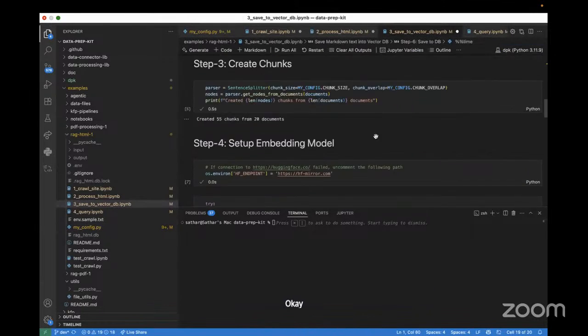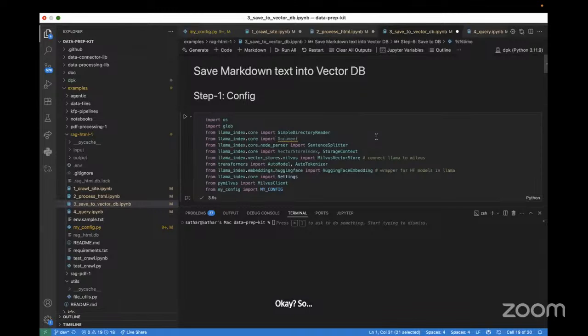Okay, so now, repeating myself. Firstly, we did the crawling of the site, fetched the information in the form of HTML files, converted the HTML files into Parquet files and then into a data frame.